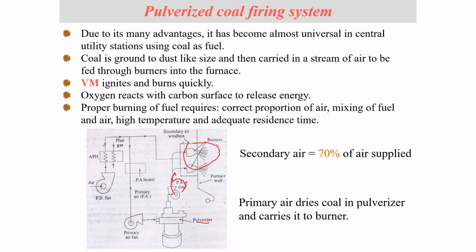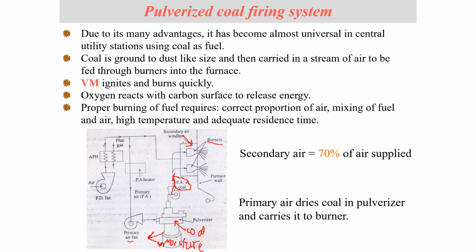Let me just make it cleaner so you can actually understand this. So coal comes in here, air comes in from here. Air is moderately hot, it's not completely hot, but it's just hot enough to actually absorb all of the moisture. So you just take all of the moisture away, and dry air and coal goes to the burners, which is